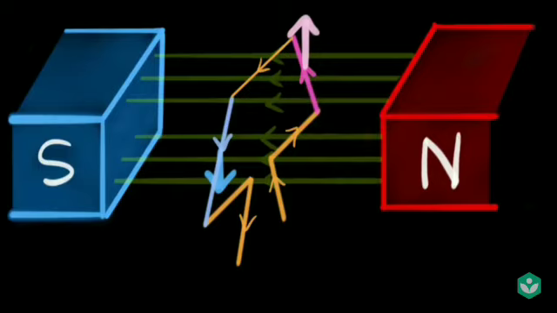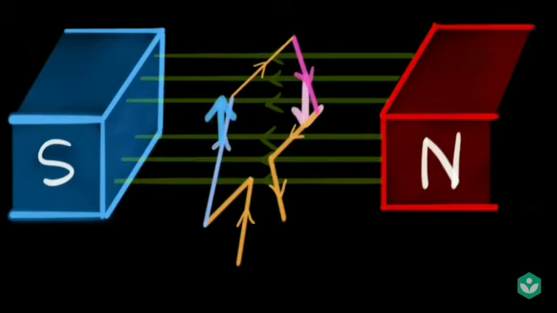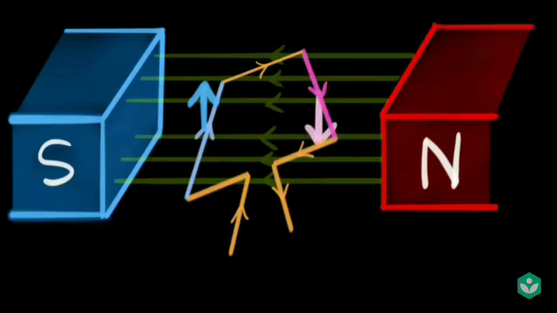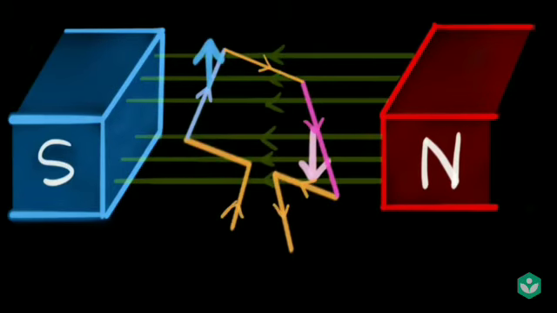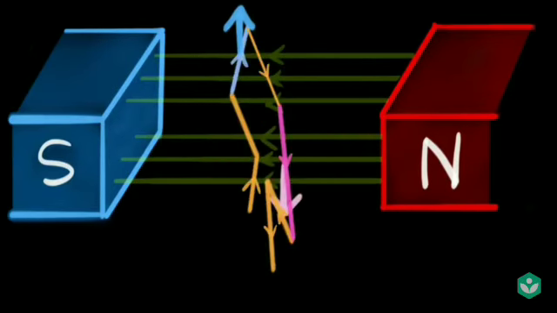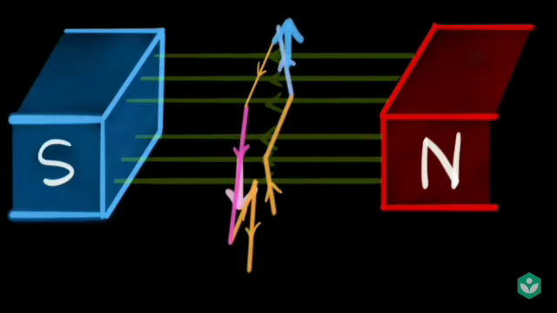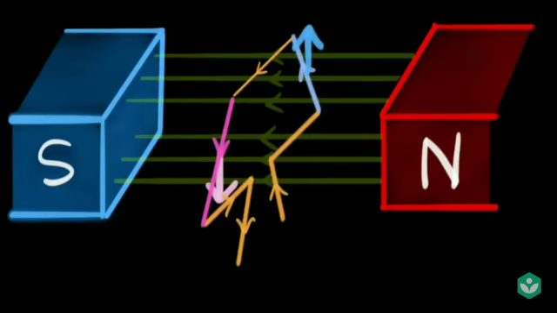So let's get rid of our hand, flip the direction of the current, and now the forces flip, and as a result our coil will continue to spin in the clockwise direction. Yes, as you can see here, this will happen until again once the blue wire comes to the right and the pink wire comes to the left.